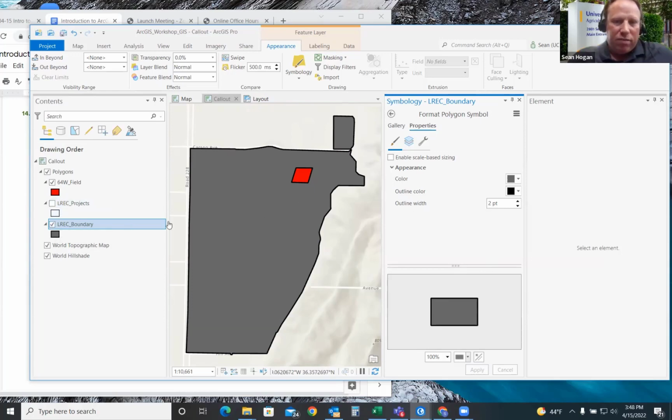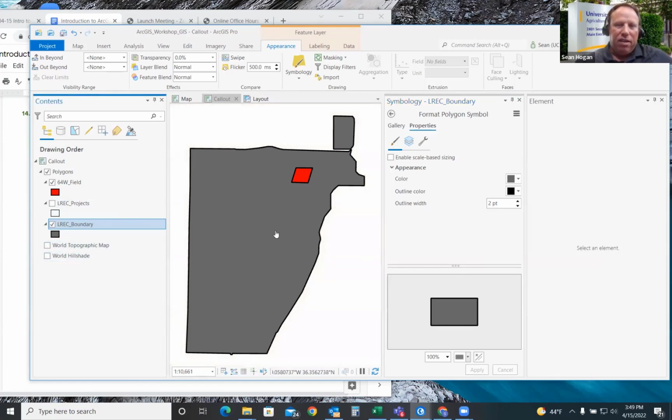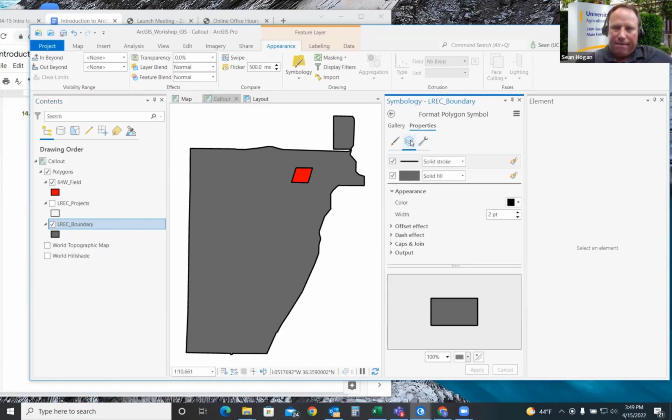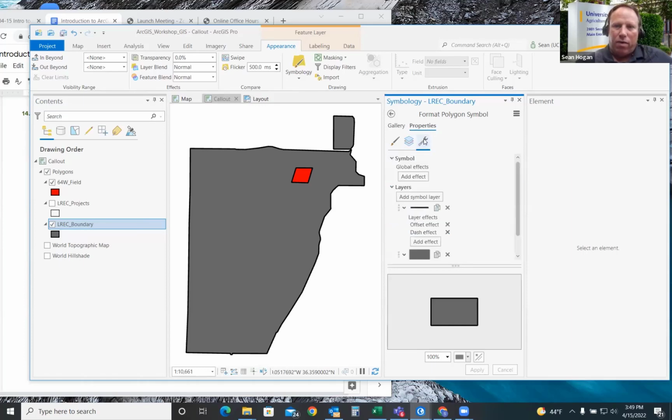So what we'll do now, we have this layer in. It looks good. And we can turn off the world topography and the hillshade in the background. So it's just a nice clean call out map. Let's go in with this layer highlighted over here. We're going to go to the layers. Go down to offset. Oh, wait, hold on. All the way to the right.